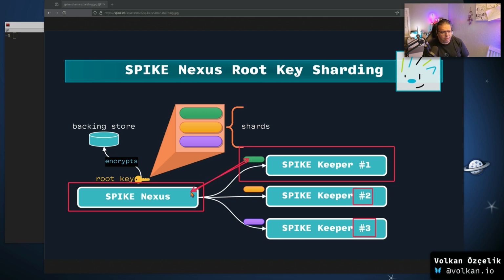It will get the first shard, but whenever it contacts the other keepers, it will get a 404, "I don't have any shard" response. That will leave it in a waiting state all the time, and it will not be able to recreate the root key. So how we can solve that problem is, when the system is healthy, we have two